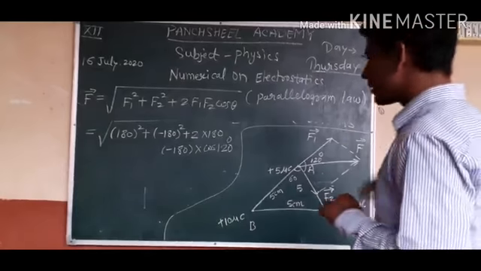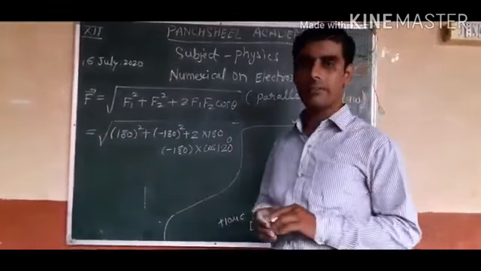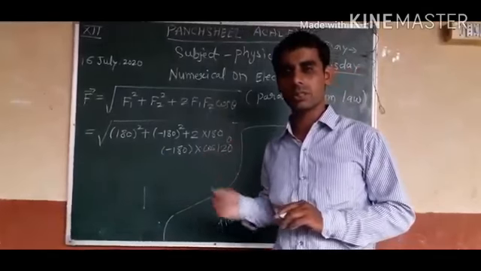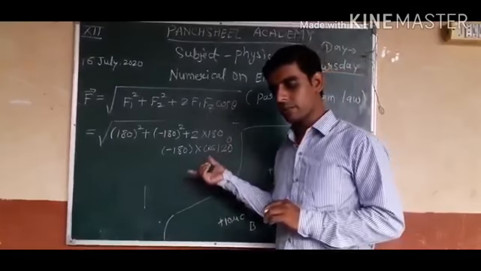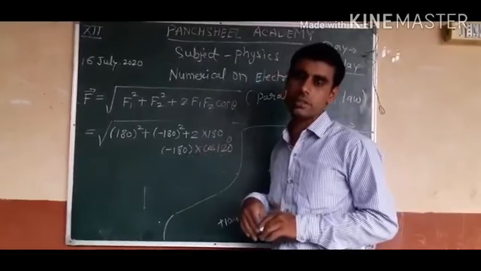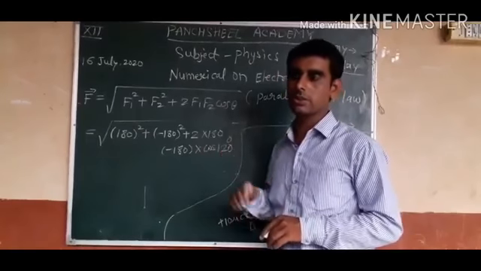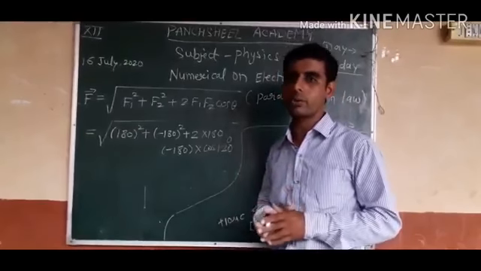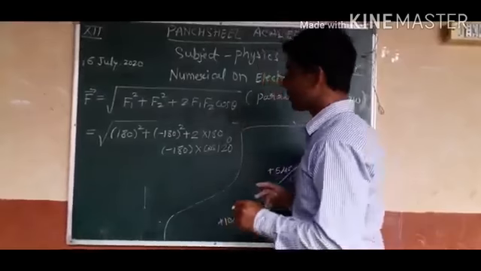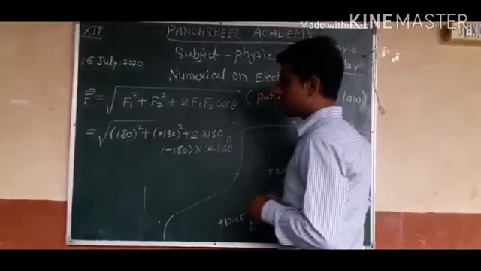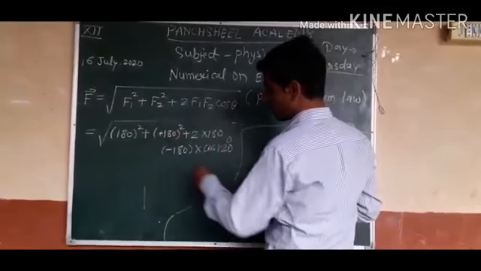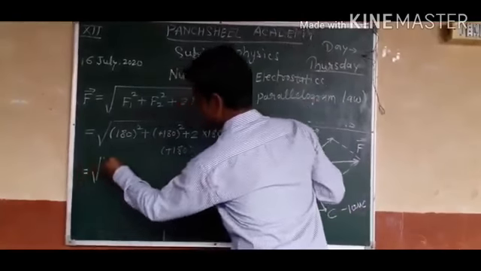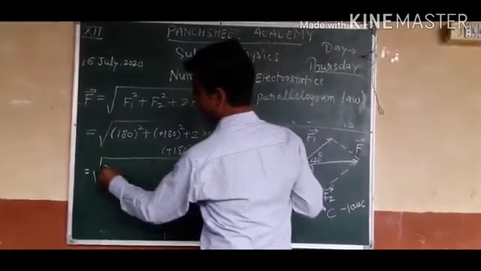One thing is that in the value of F2, there is minus 180 Newton. So the minus sign shows that the force is attractive. So there is no need to take minus in your numerical value as a magnitude value. So you write only 180 Newton and also write here 180. So this is the value 180.